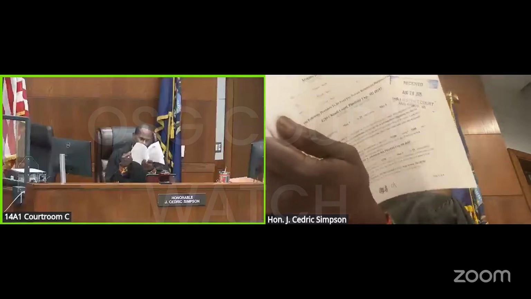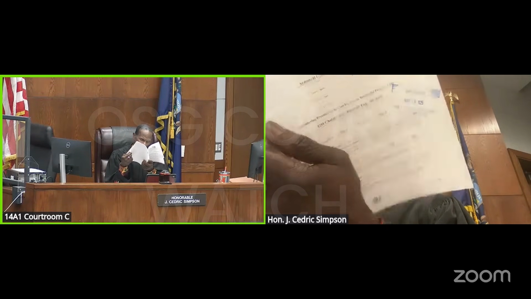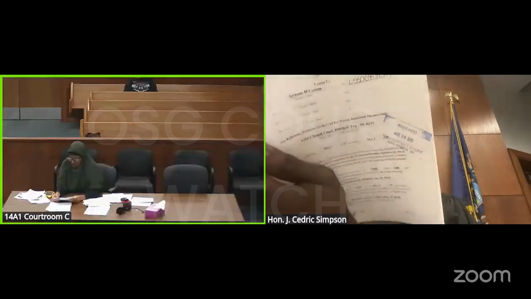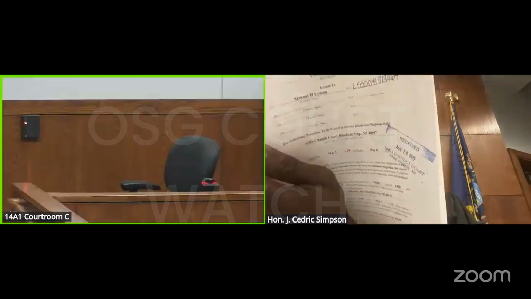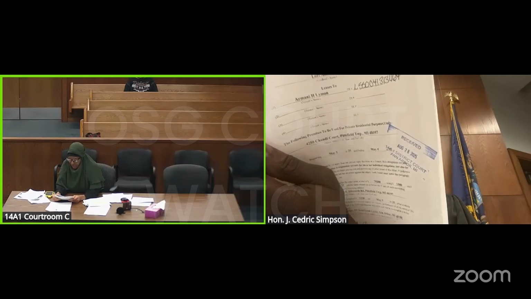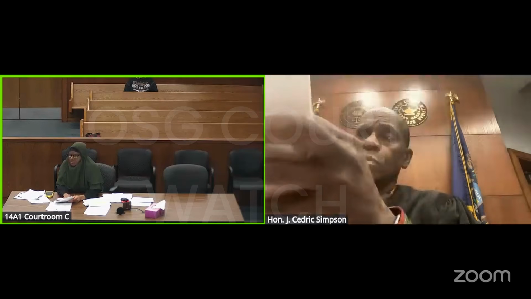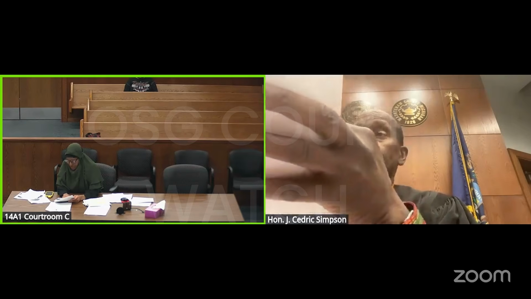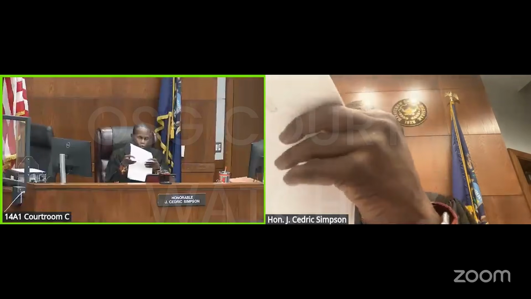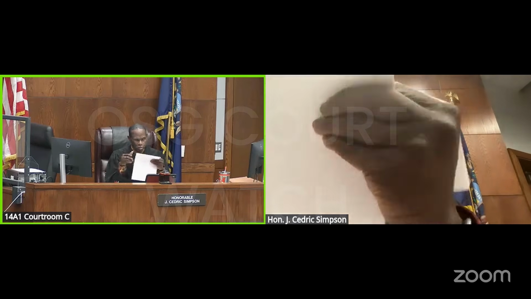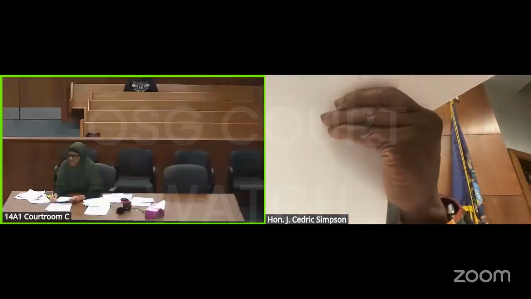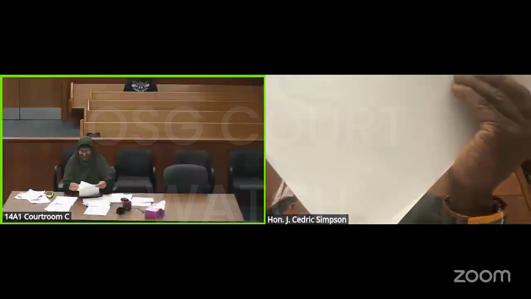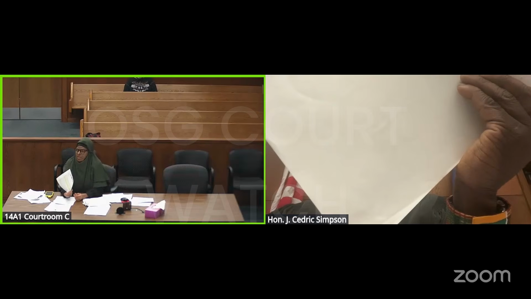Who are you intending on calling as a witness to all of this, Miss Anderson? Your Honor, if you look at line item number 41 on the lease, it says that she started on the 5th, that's why rent is due on the 4th of each month. That's not answering my question. Who are you intending on calling as a witness? I just have witness statements, sir. I have witness statements in exhibit number 4.